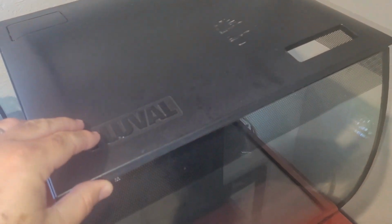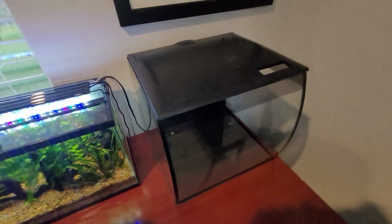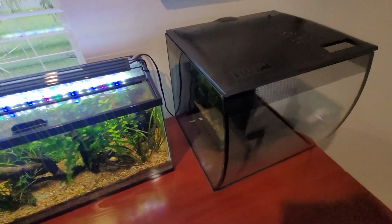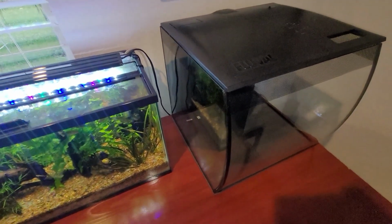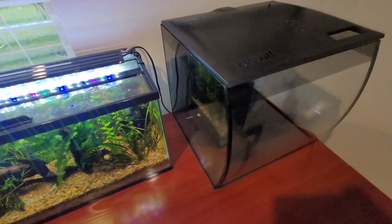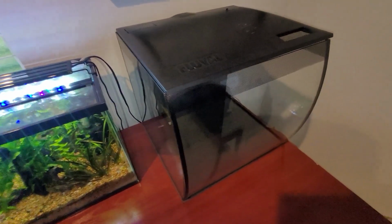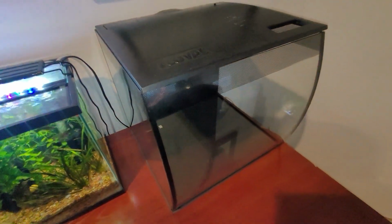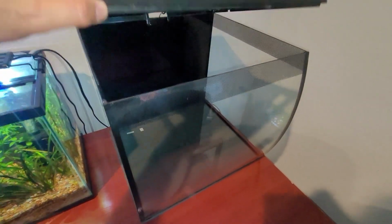Okay, so this is it. This is the tank with that baffle removed. This is where I'm going to keep it. It's where it was originally, right next to this 10 gallon. It's actually going to replace the 10 gallon. I'm not going to get rid of it, but I'm gonna put it away for a little bit, and then move everything in there to this one here. So I did paint the back black,